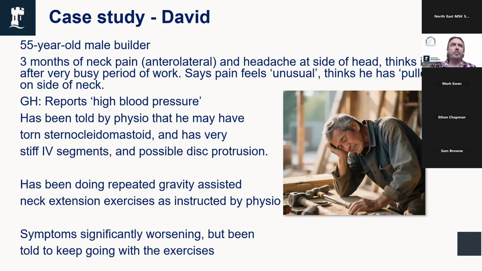General health reports high blood pressure. He has been told by the physio that he may have a torn sternocleidomastoid. Of course, sternocleidomastoid can tear very easily. And he has stiff intervertebral segments and possible disc protrusion. Gosh. He's been doing repeated gravity-assisted neck extension exercises. I didn't want to say any names like Mackenzie, so I've left those out, but basically Mackenzie extension exercises, lowering his head into extension off the end of the bed. But now the symptoms are significantly worsening, but he's been told to keep going with the